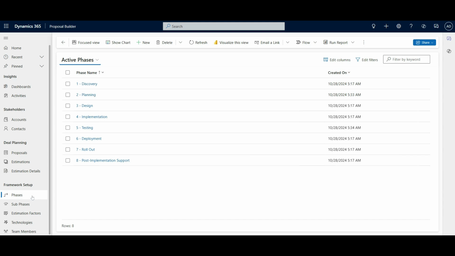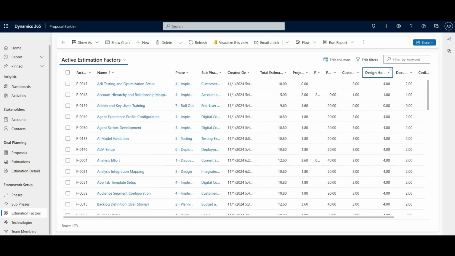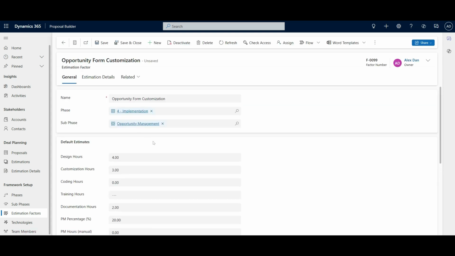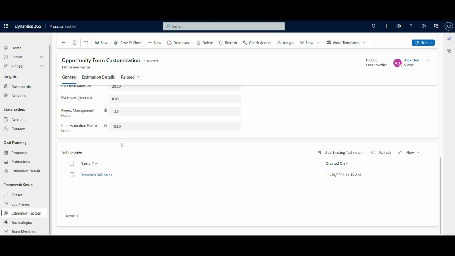it's up to you how you define these values. What I want to show you as well is, for instance, how you can relate different deliverables, these estimation factors, to some technologies. So let's look for opportunity, and you can see that we have different opportunity estimation factors. Let's take the opportunity management. So you can see this opportunity form customization estimation factor is linked to the implementation phase and to the opportunity management subphase. We have some default estimates of it, like I said,